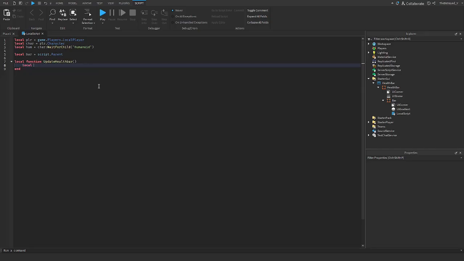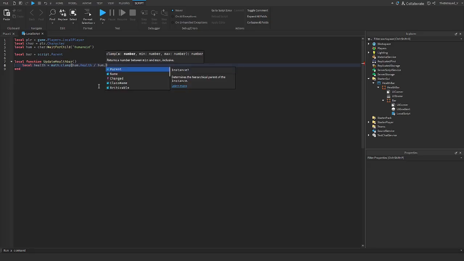So we're going to do local health is equal to math.clamp, and then we're going to get the humanoid's health divided by humanoid.MaxHealth,